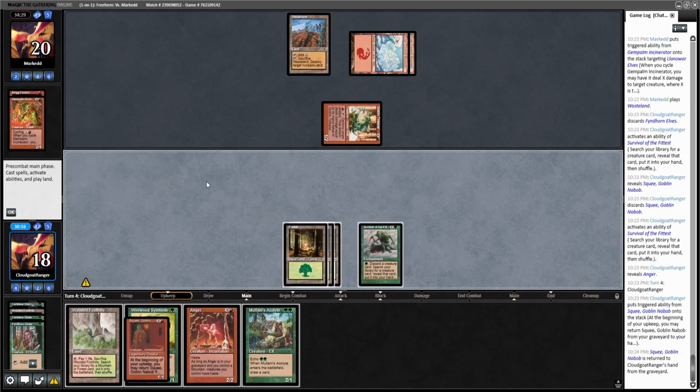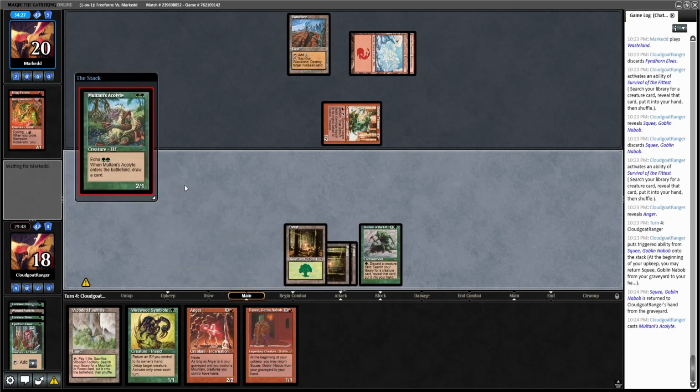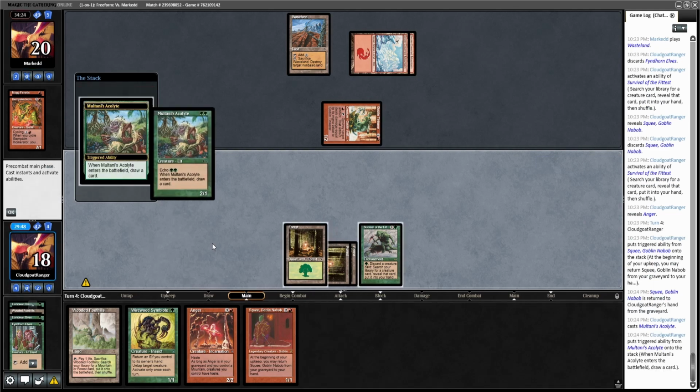Okay. Squee comes back. I draw Multani's Acolyte. Okay, that's nice. So what do I want to do here? I think I'm inclined to just play Multani's Acolyte and then play Wirewood Symbiote. I don't know if I need to fetch the Mountain right now, because I might want to use it for green. Like, so I'm gonna draw a card with Multani's Acolyte, and then I have the Wirewood Symbiote, and then